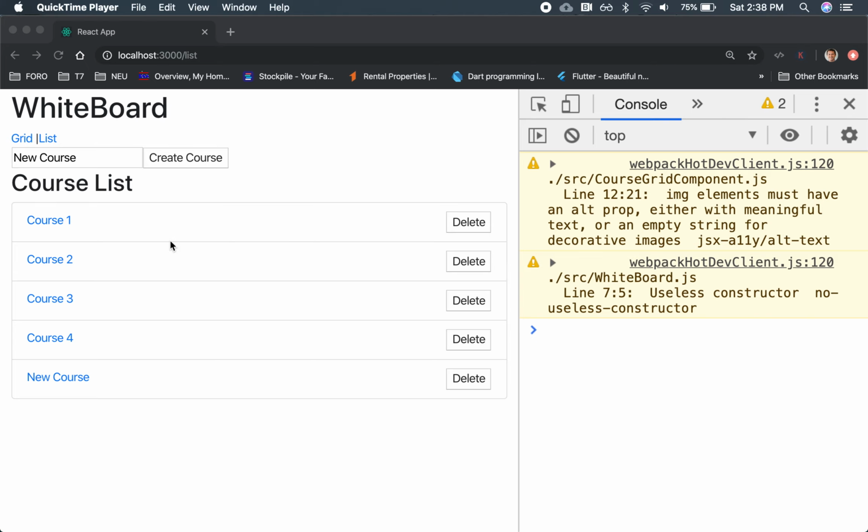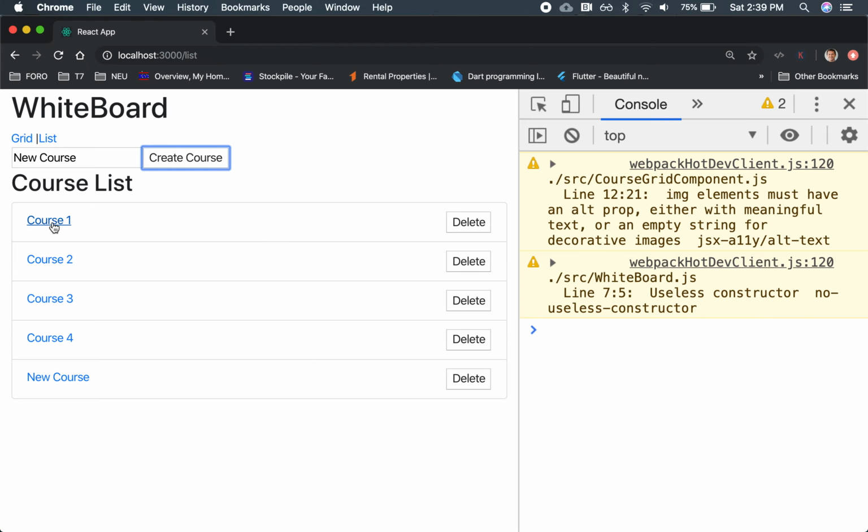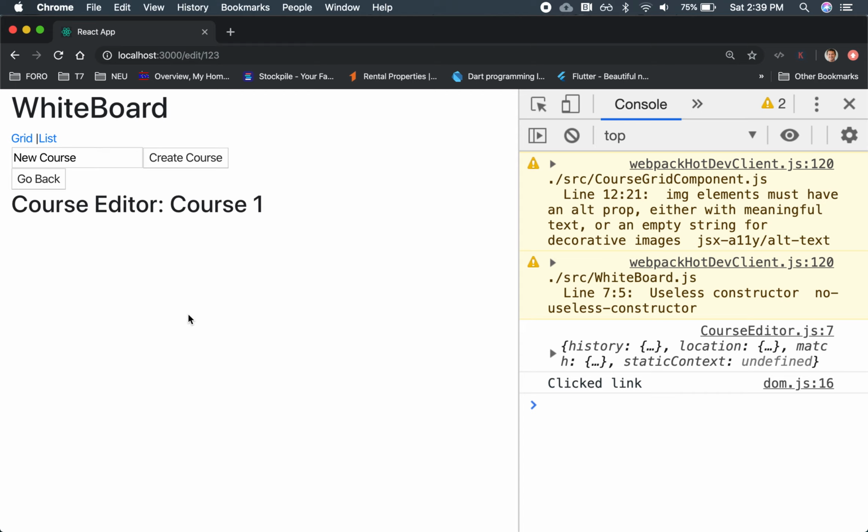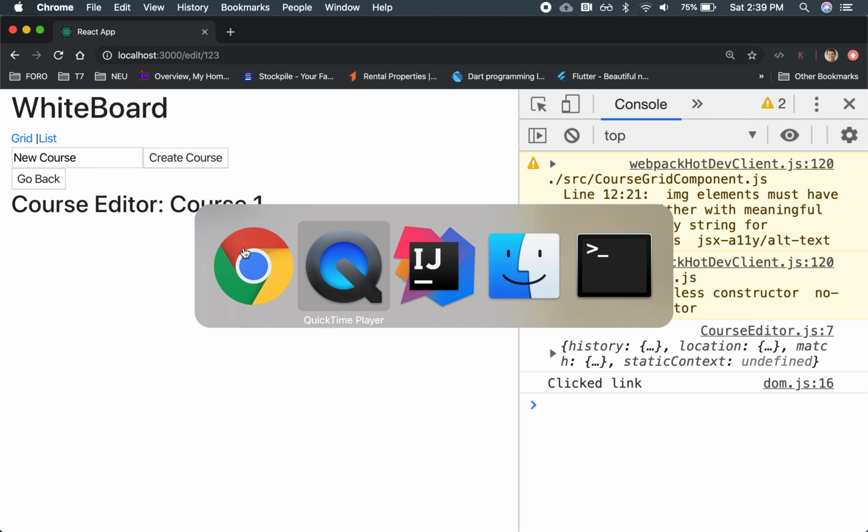Courses that we have here, we can have the capability of selecting a particular course and navigating to the course editor. So this course editor is supposed to show the details about this course, such as all the modules for this course, the lessons, the topics, the widget. So there's a couple ways of doing this. One of the ways that we can handle this is that